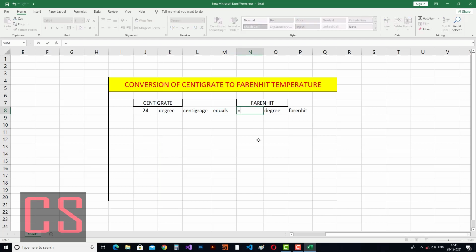So equals, I will take the centigrade value here, and now I will just open a bracket first, that will be more suitable. So equals, divided by 5.